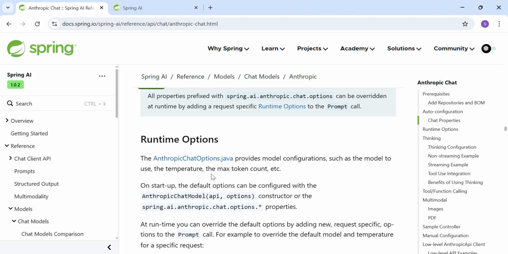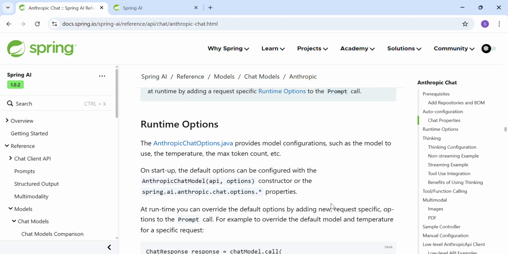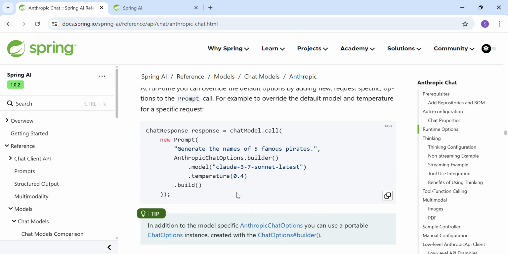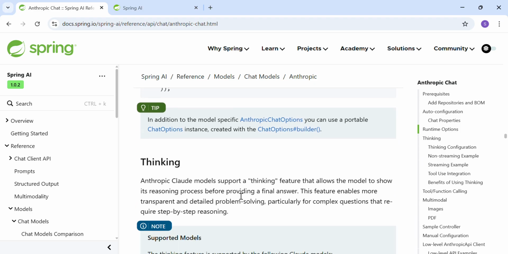The AnthropicChatOptions.java provides model configurations such as the model to use, the temperature, and the max tokens. On startup, the default options can be configured with the Anthropic chat model API and options. We'll go through that class. If you see here the chat response, in the same way we can generate the names of 5 famous pirates, using AnthropicChatOptions.builder. What model we can use? What is the temperature? Thinking. This is the main